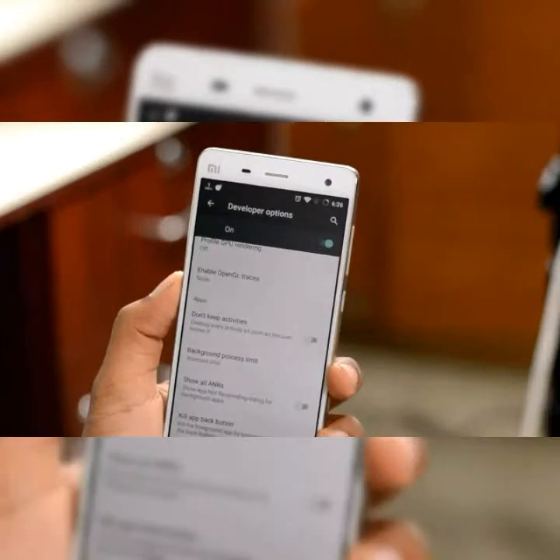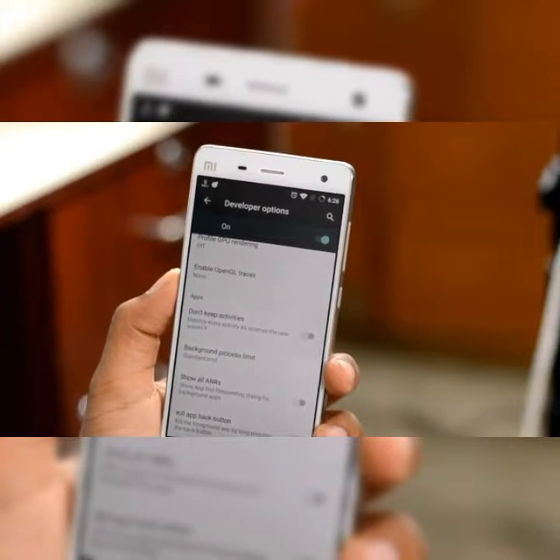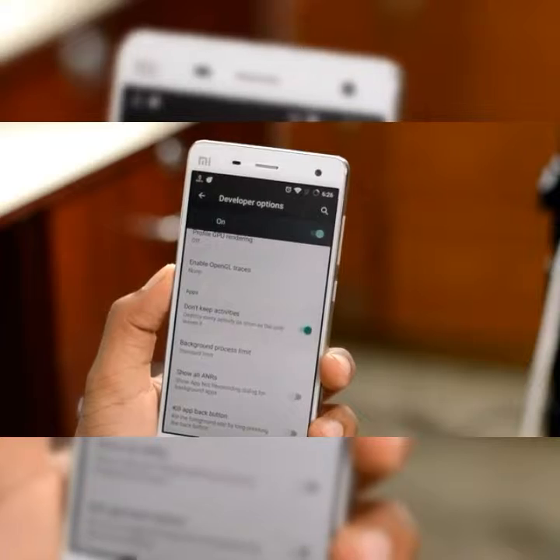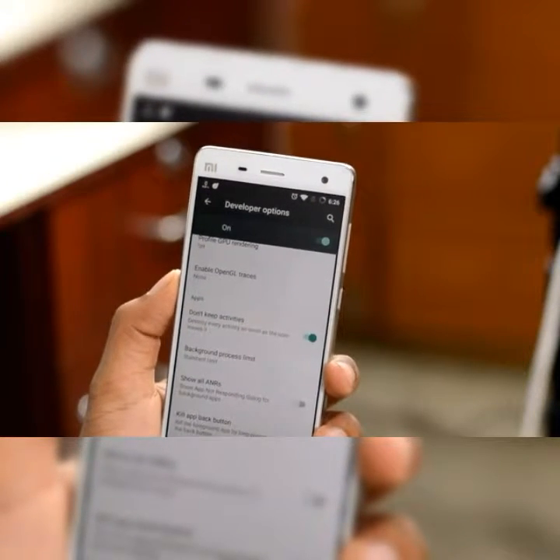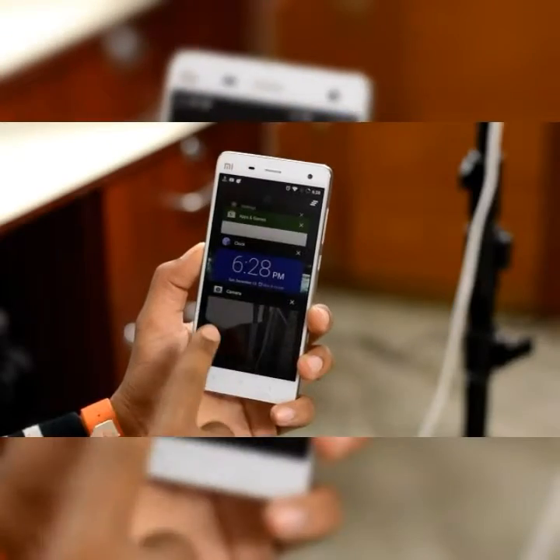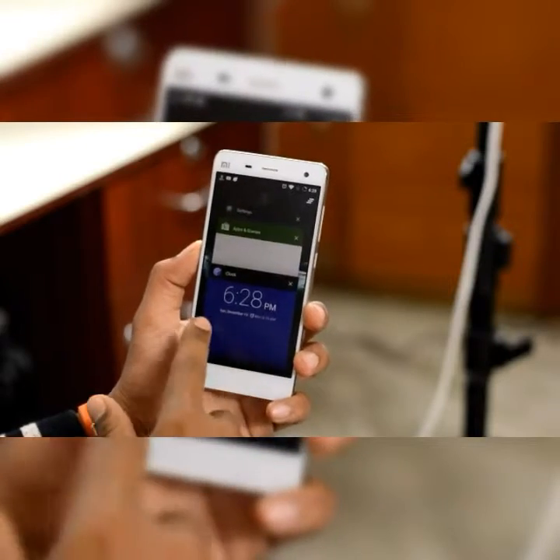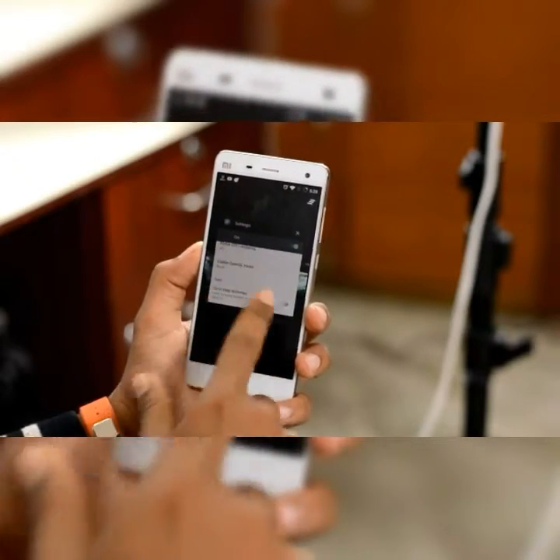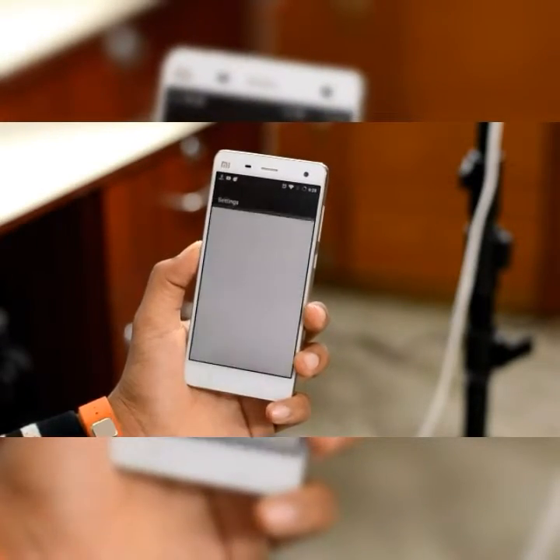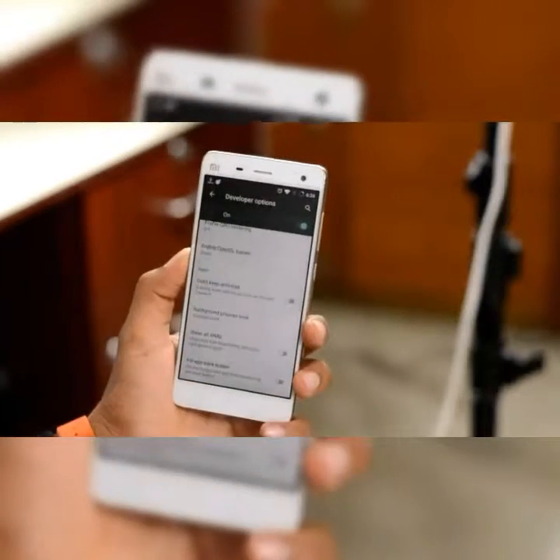Now first up, we have the Don't Keep Activities option. The name itself is pretty self-explanatory. It'll kill an app or activity as soon as you leave them. Now this won't be useful if you are running apps that give background notifications like WhatsApp or Facebook, but if you have a really slow phone, then this option will be very helpful. And next up